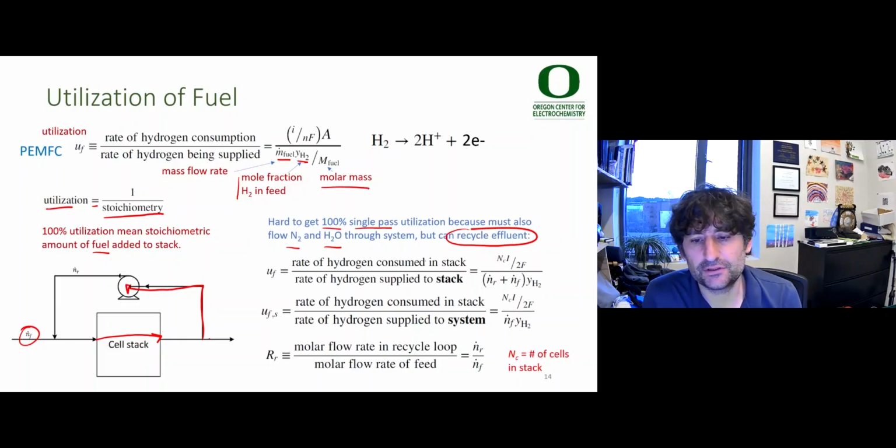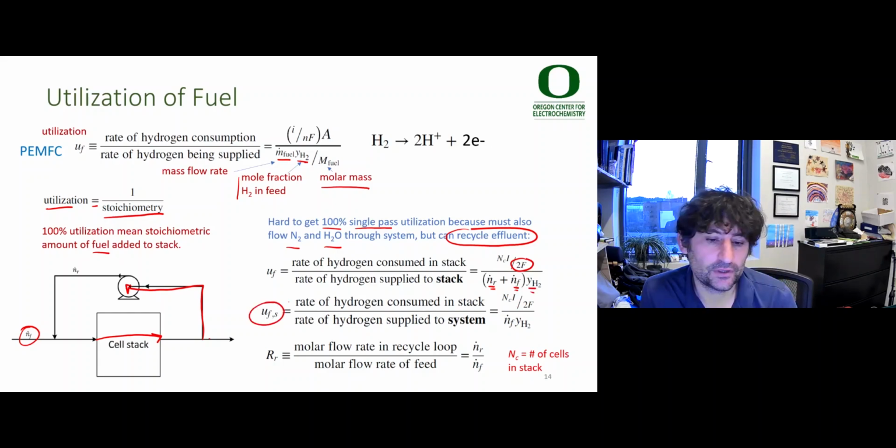So the rate of hydrogen consumption in the stack, again, is the number of cells times the current through the stack, divided by 2 times Faraday's constant. The rate of hydrogen supplied to the stack is just the recycled fuel molar flow rate plus the new fuel molar flow rate times the mole fraction of hydrogen